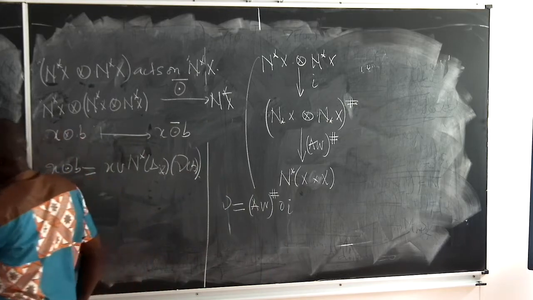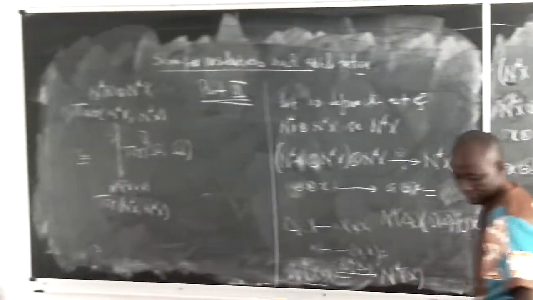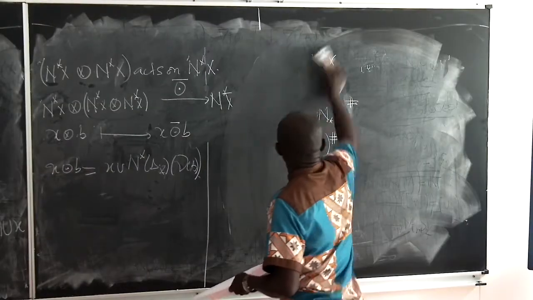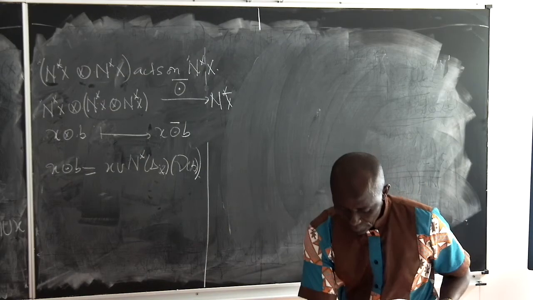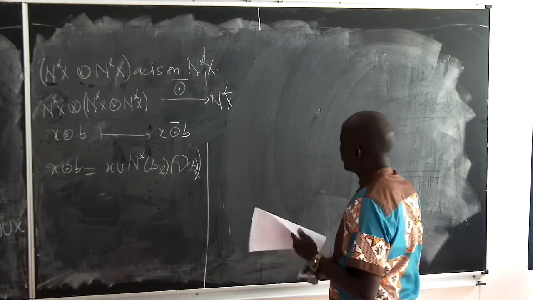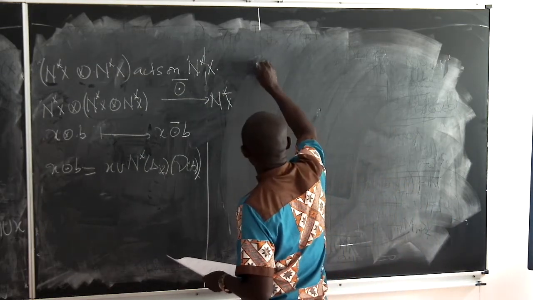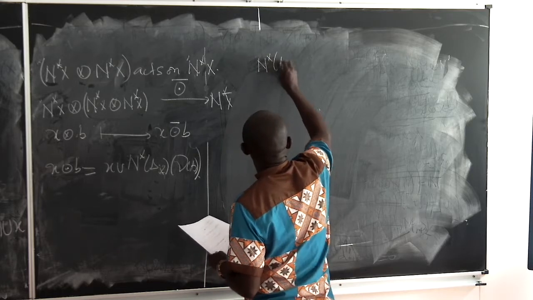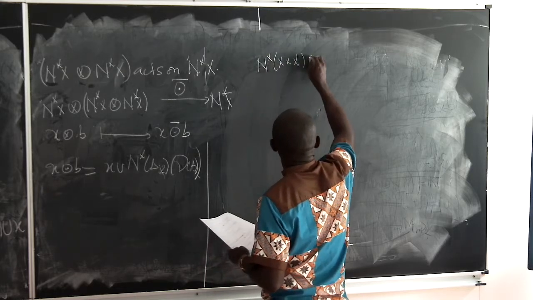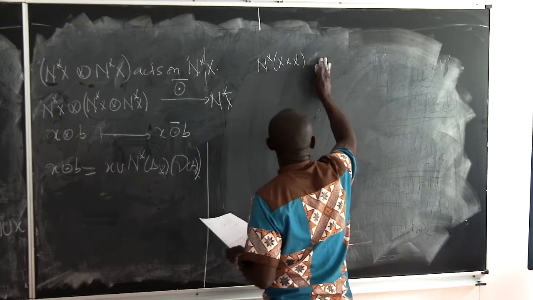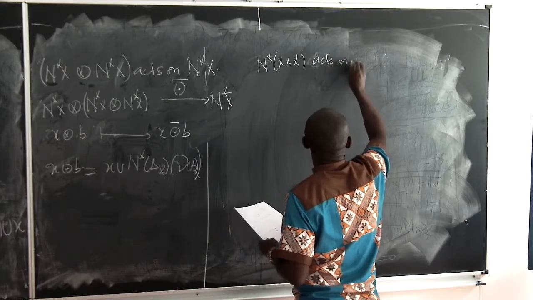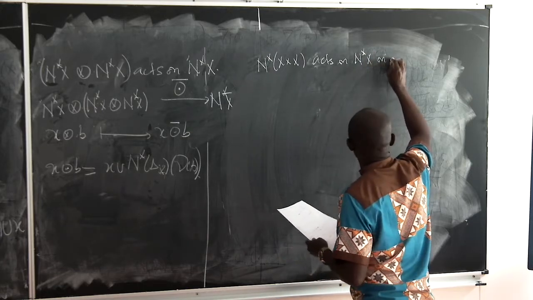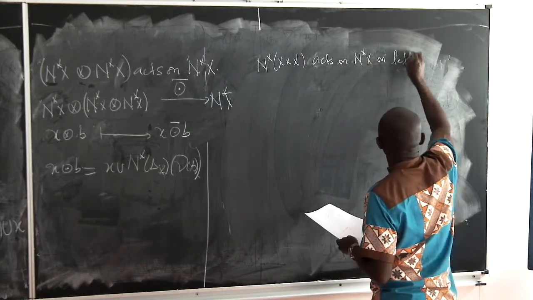Here we define the action on the left side. Okay. We are also going to define the action of NX cross X on NX